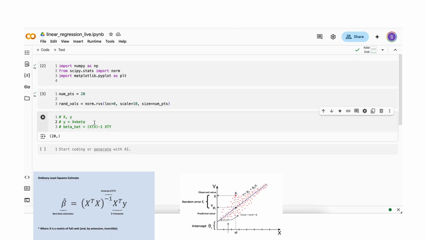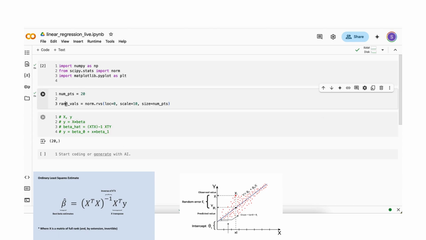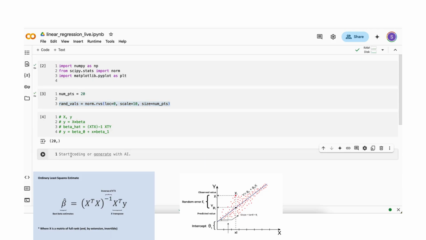It will have a slope and an intercept. So in reality, what we want to do is beta 0 plus x multiplied by beta 1, and this is the x values. So we want to construct an X array,